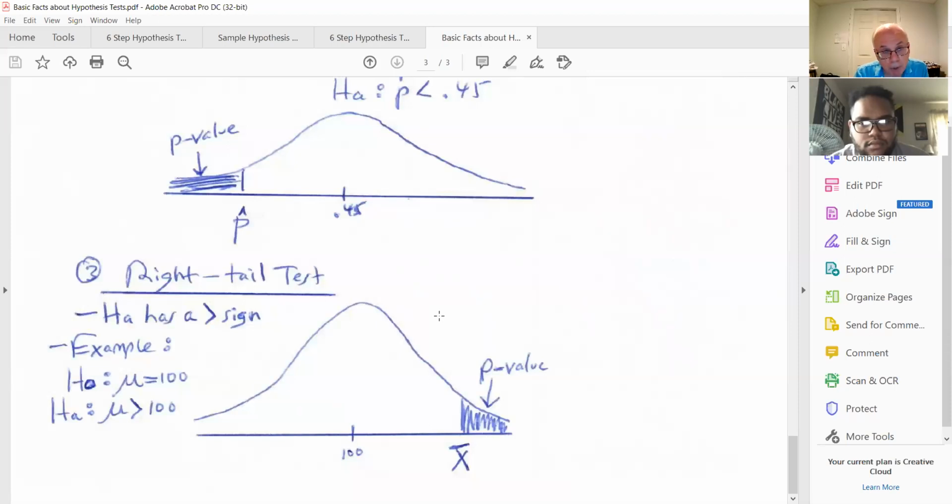So I'm going to show you both a left tail and a right tail test, and then if there's time, we'll search for a two-tailed test in the book, find one, and then I'll just ask you a couple of questions about it. Again, if we have time, but definitely in the homework when I post the homework, there will be an example of a two-tailed test in there also. All right, and then